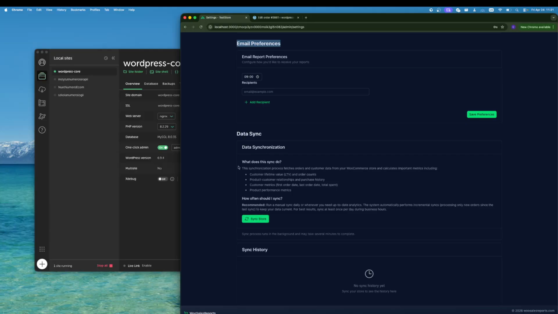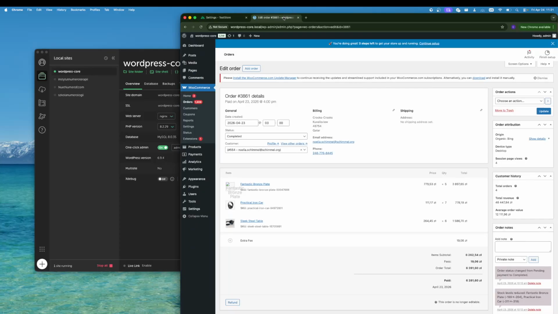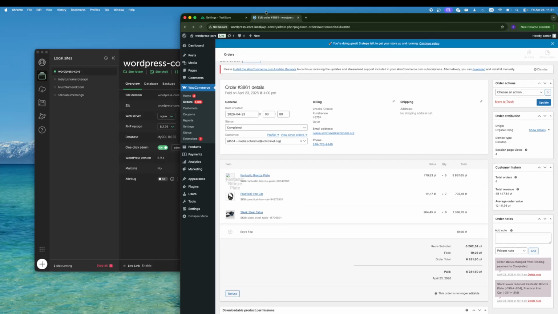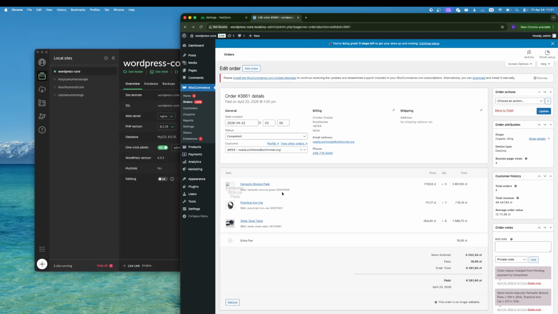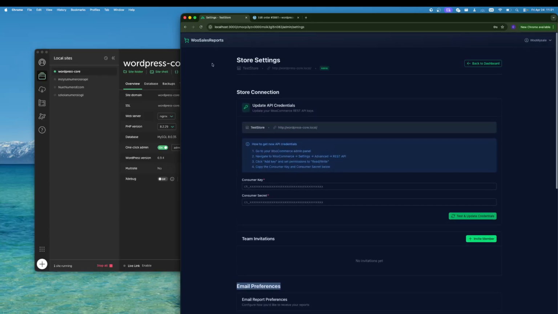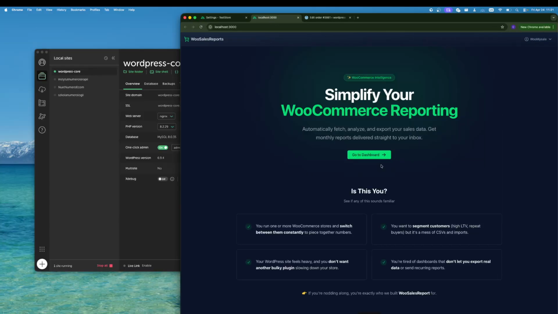So what does this sync into? It creates all of this data that I spoke about. As you can see on the normal WooCommerce, if I click on this product, I don't get to see who else bought this product. For example, here